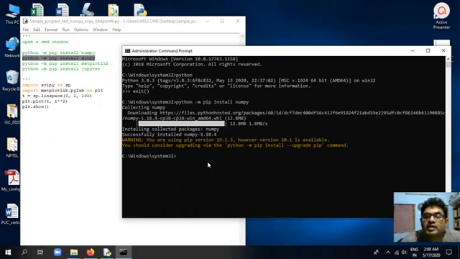Now it is saying that you should consider upgrading pip with python -m pip install --upgrade pip. Okay, so I am doing the same.